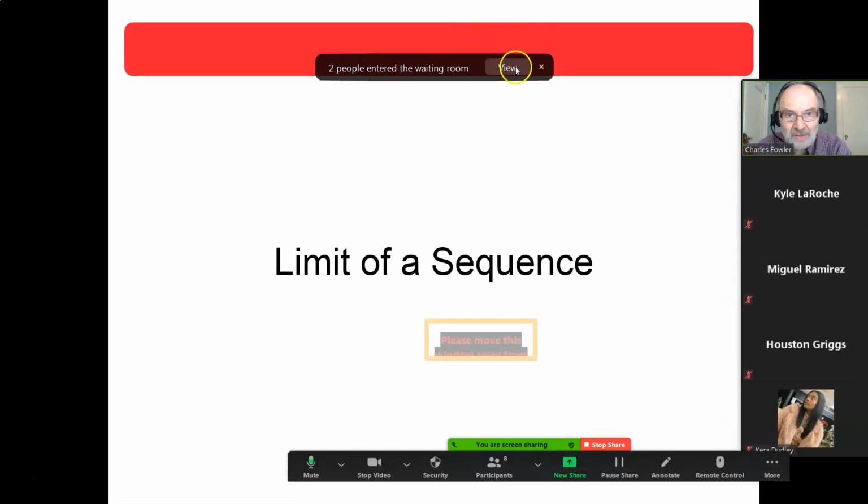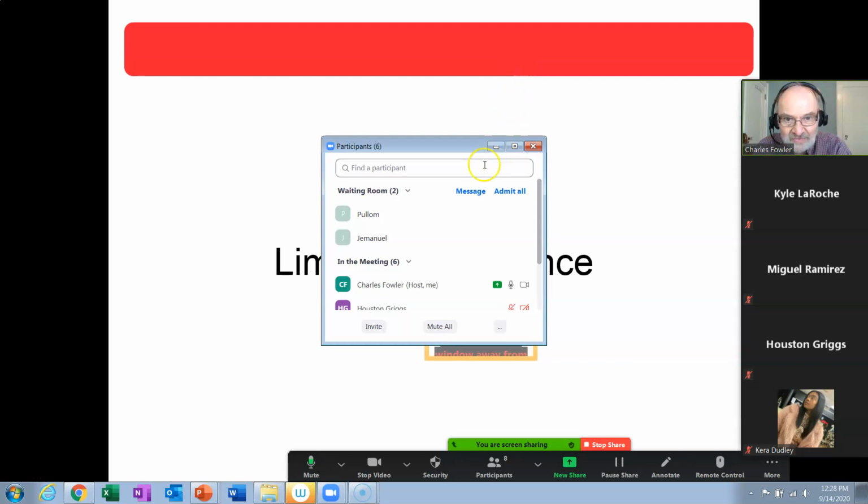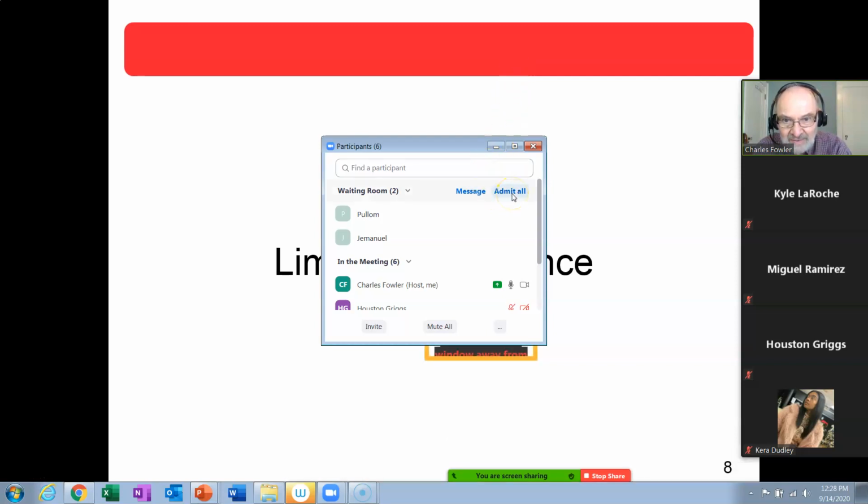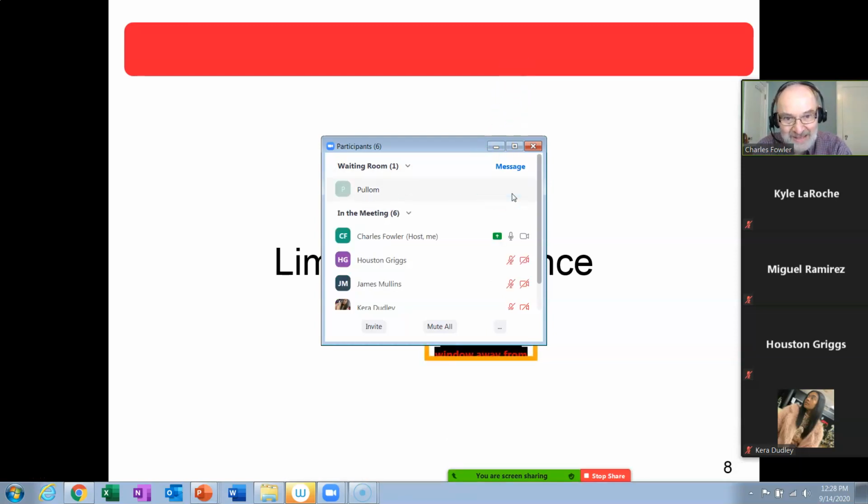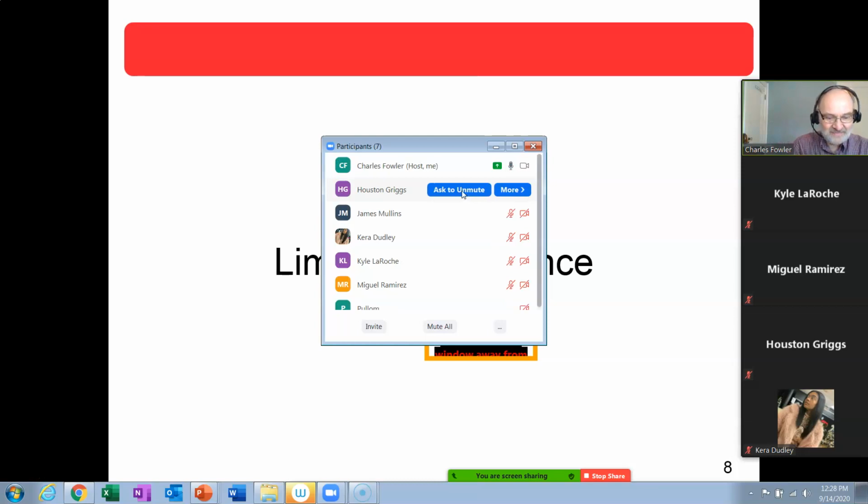Oh, two more people coming in. Let's see. There's Jemanuel. And here's Pullum and Jemanuel. So he's coming in as two this time, I think. He's the only Jemanuel I have. He's the only Pullum I've got. So I'm only going to mark him present once, though. So we're missing Esther and Laron. Has anyone heard from Esther? It's been a while now.